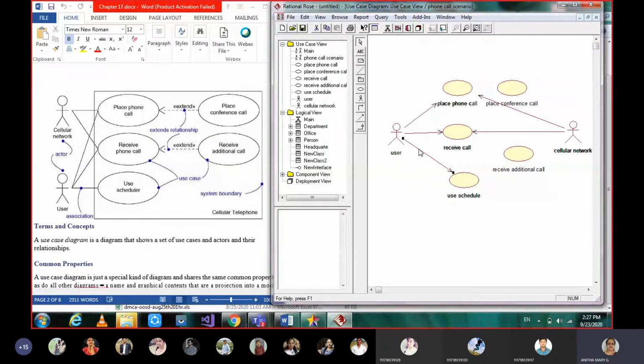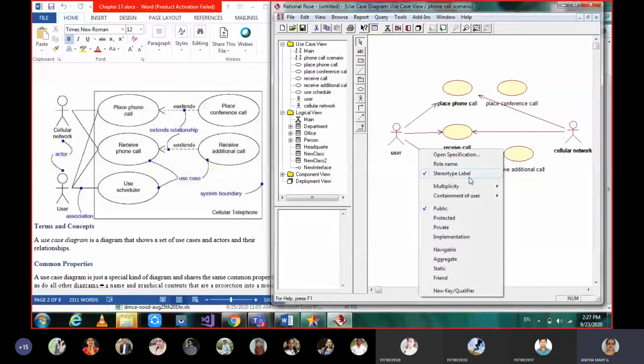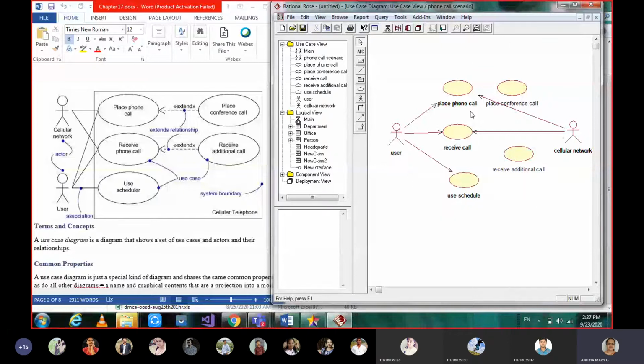Usually it will come, and after that you need to select and give the labels here. What label do you want to give? This is how we give it in the Rational Rose tool.